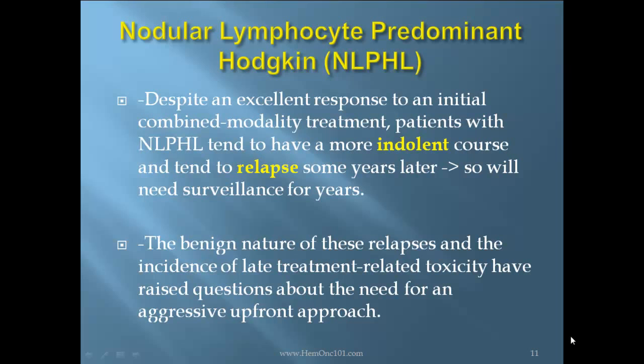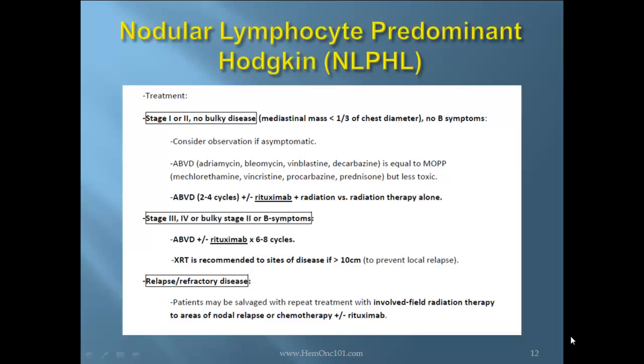The benign nature of these relapses and the incidence of late treatment-related toxicity have raised questions about the need for an aggressive upfront approach at all. At the moment, the treatment recommendations for stage 1 and 2, no bulky disease, no B symptoms, are either to consider observation as asymptomatic or ABVD 2 to 4 cycles, plus or minus rituximab, that's the important part, plus radiation